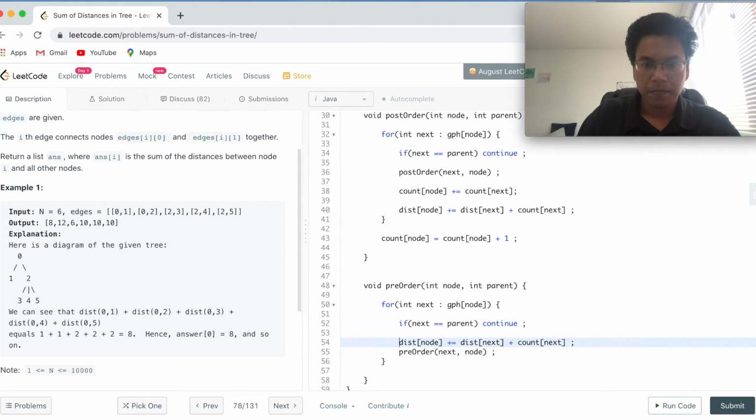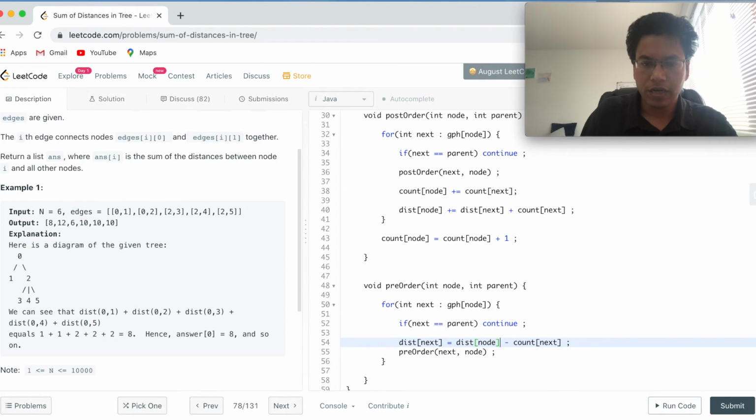And distance of next is equal to distance of node minus count of next. Because distance of node and count of next all contain accumulated values, we have to get rid of the extra values that we have added in the distance array, right?